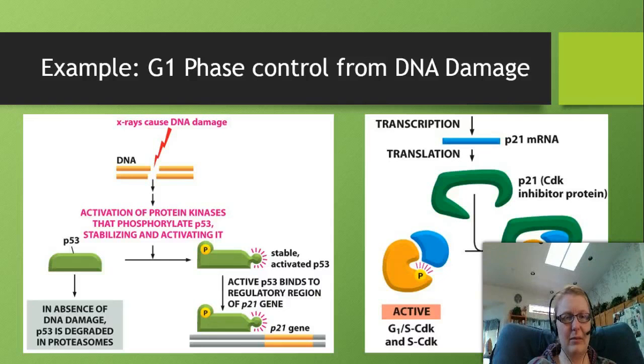There's these last two examples. One was about how we move through the phase, or how we move into one phase from another. This one's how we prevent moving from one phase to another. So this is the end of topic 1. When you're ready, let's go ahead and move on to topic 2, where we're going to focus all the way only on the M phase.